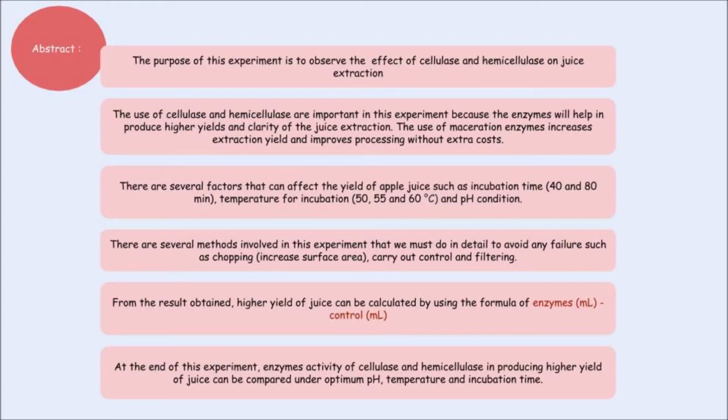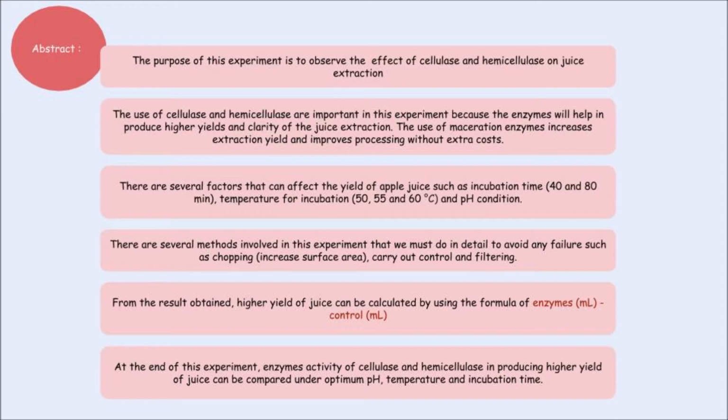Hi, I am Hanifa. In this video, our group will present our experiment, which is the application of cellulase and hemicellulase in extraction of juice from fruit. In this experiment, we want to observe the effect of cellulase and hemicellulase on juice extraction. Basically, we use two types of enzymes, cellulase and hemicellulase, because these enzymes help produce higher yields and clarity of the juice extraction. Furthermore, the use of maceration enzymes also increases the extraction yield and improves processing without extra